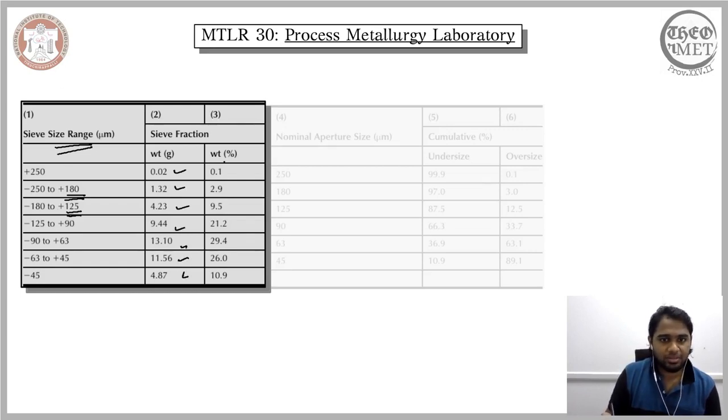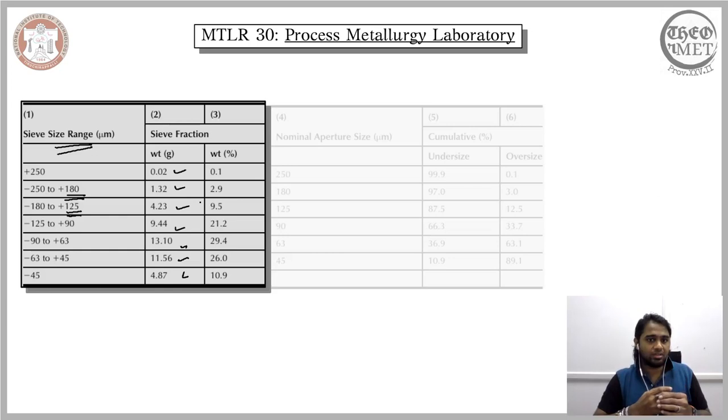Now another way of doing it is you don't consider the ranges. Here you are just considering the possible ranges in sizes, meaning the fragments that you have in the second sieve could be of the size range from 250 to 180, and in the third sieve it could be from 180 to 125, and in the penultimate sieve it could be 63 to 45. So this gives you a size range of possible sizes of the fragments that could be present in a given sieve.